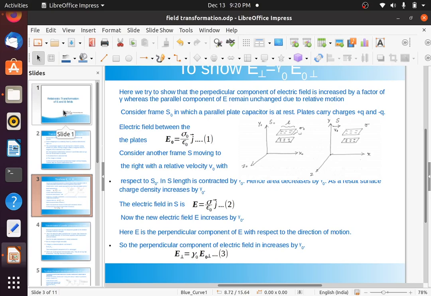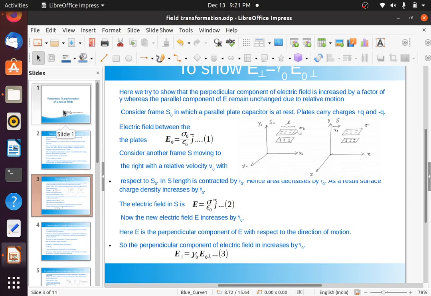So consider a parallel plate capacitor, that is, two capacitor plates. One is a positively charged plate and the other is a negatively charged plate. You can take that the positively charged plate is at the lower end and the negatively charged plate is at the upper side, so that the electric field exists from the positive to the negative charge, and is directed along the y direction. So you can represent its direction by the unit vector j, because it is along the y direction.